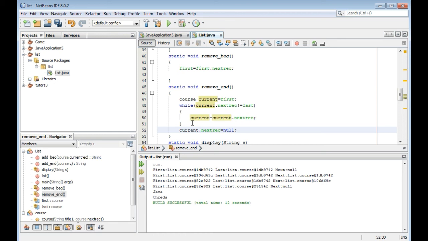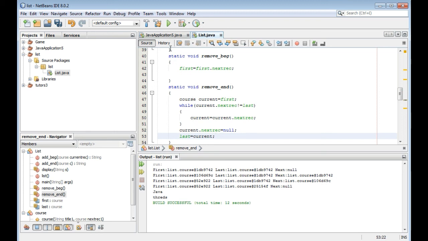And now, not equal to last means the last record. So we remove from the end the last record. We get the second last record, which is current after the loop.